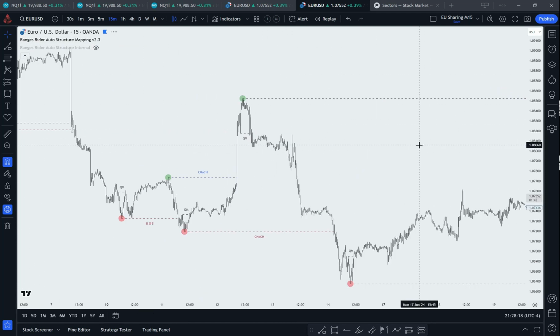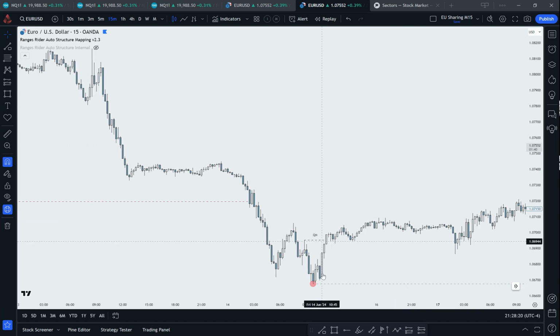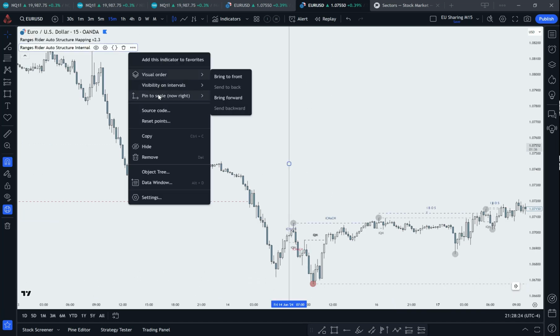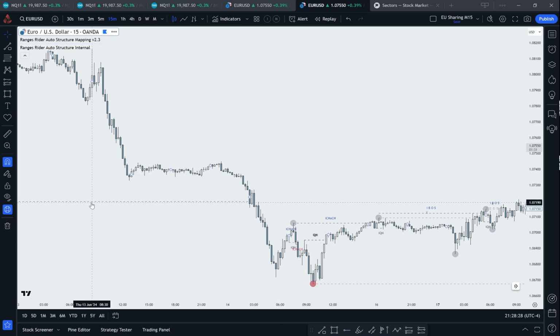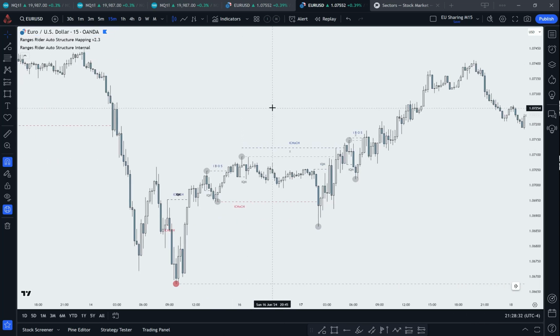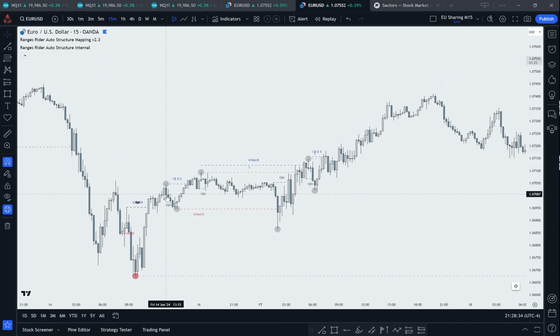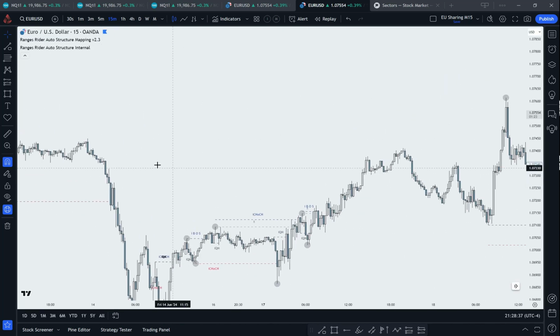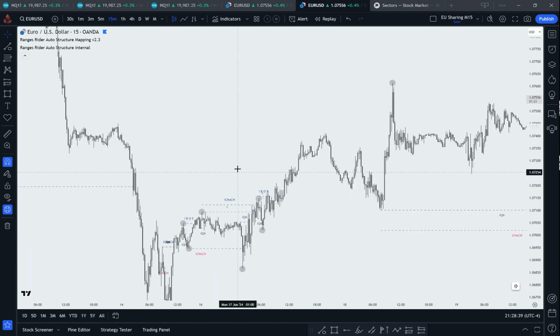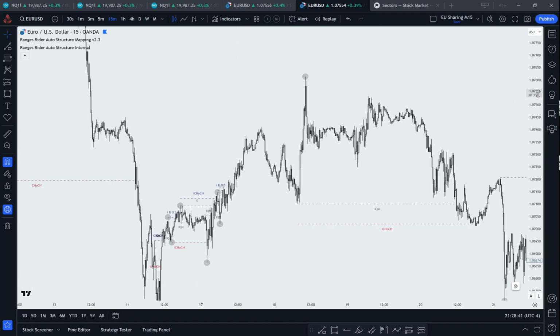In this case, what you can do, you can mark the structure from here. I mean the internal structure. Okay, now our internal structure has started. And after DOB, now we are looking for long,